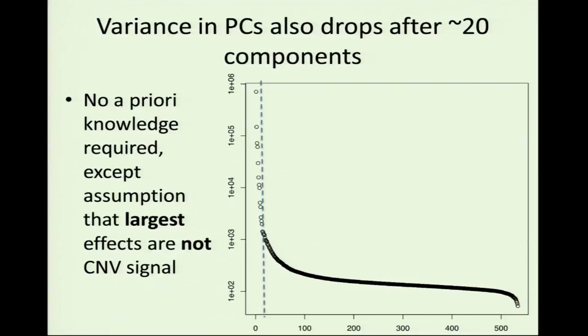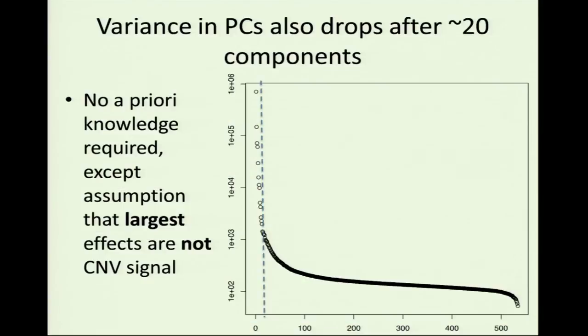So you see that in this case, again, around 20 components, there's a pretty big drop-off. Our assumption is that those first principal components, even if we don't know whether they correlate directly with things like GC, look similar enough to those types of components in the way they scatter exome-wide, but also in terms of their variance. So we're assuming that those are not true copy number signal, and are more experimental artifacts, batch artifacts, real things about the genome, including GC content, but things that we're not interested in when we're looking for copy